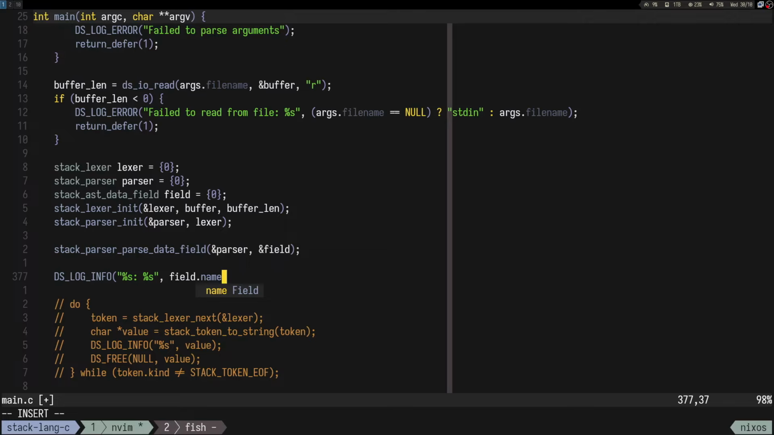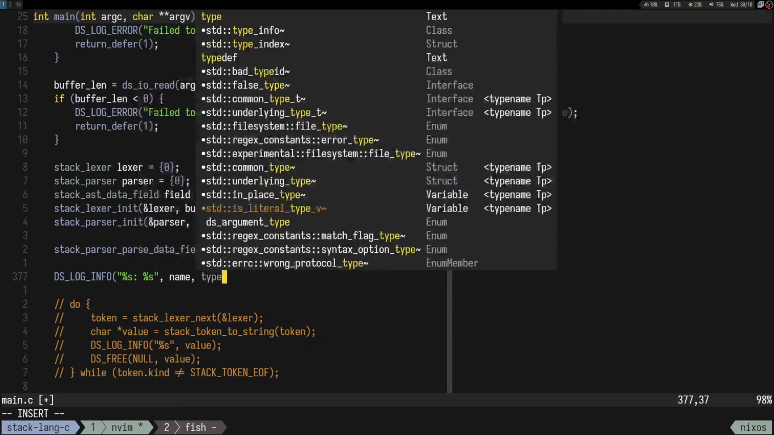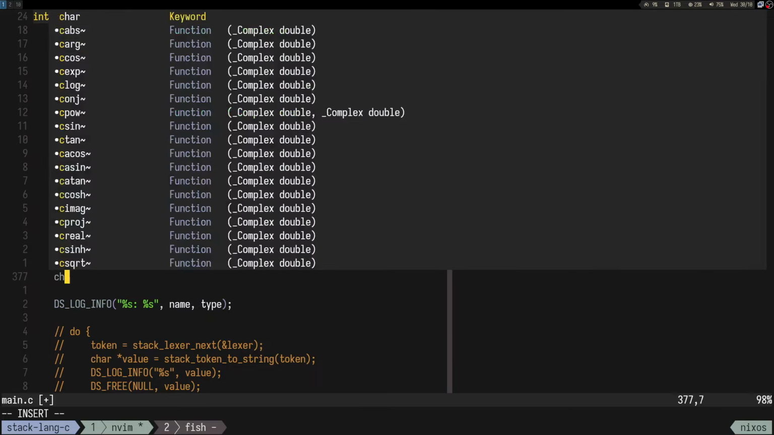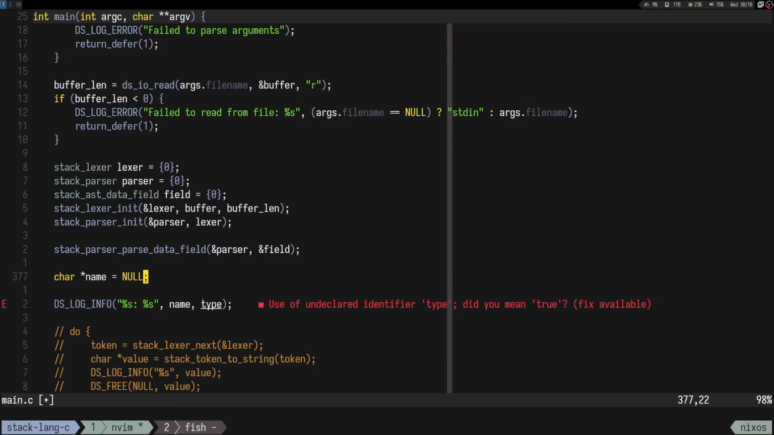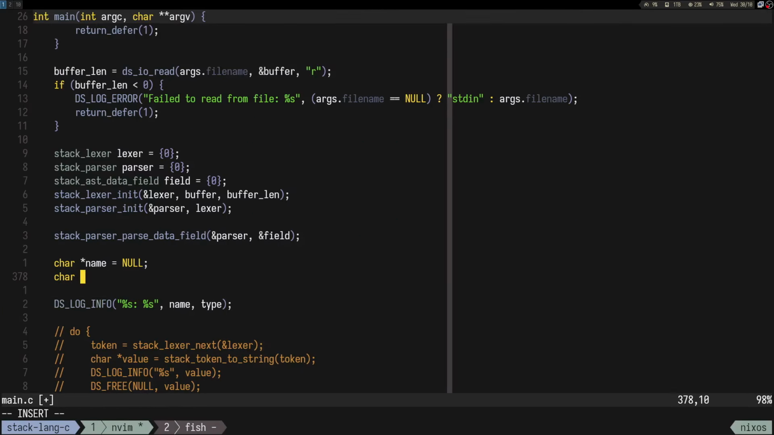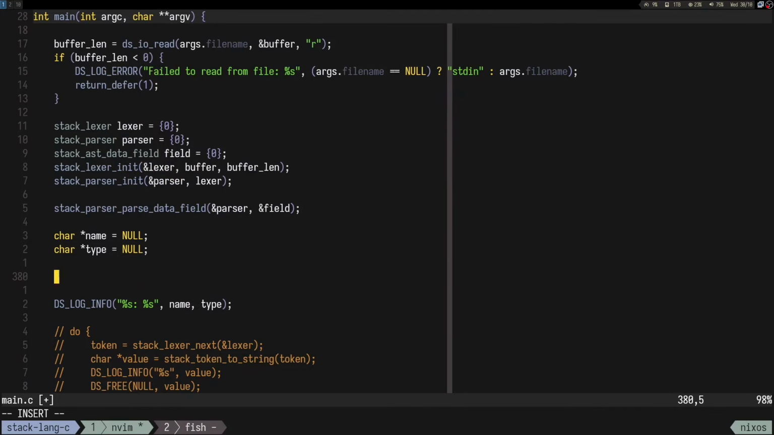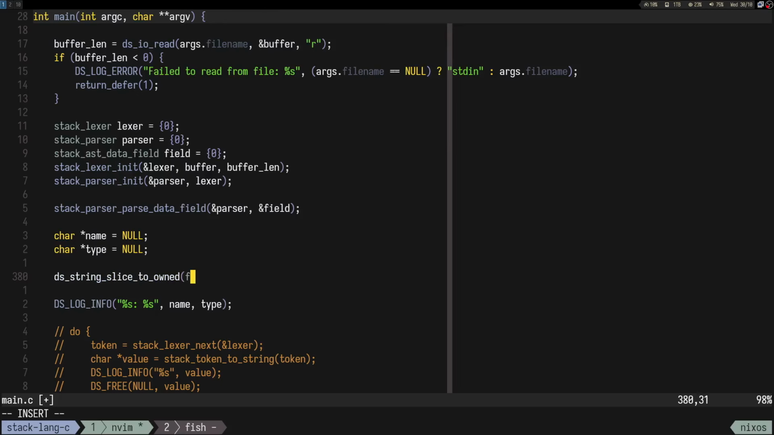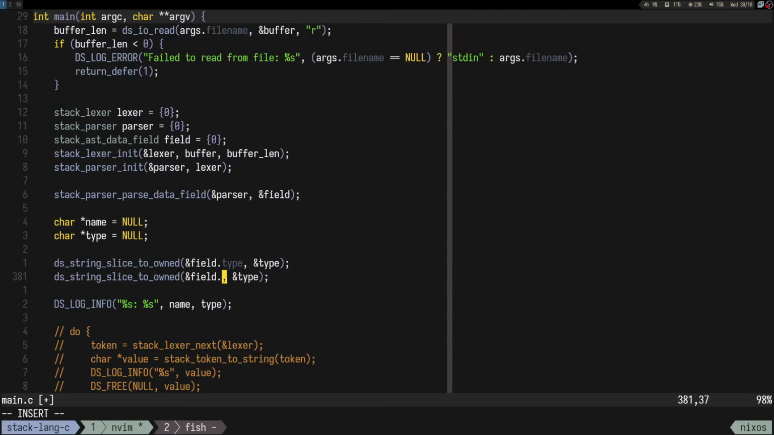I need to do it. I mean, I can just do str, but that's not going to work. Name, type, I don't want to do it like this. Char pointer name and char pointer type, let's say, and then we can do string ds string slice to owned, and here we have field dot type. I think I need an address, an address to type, and the same for name. So I think this should